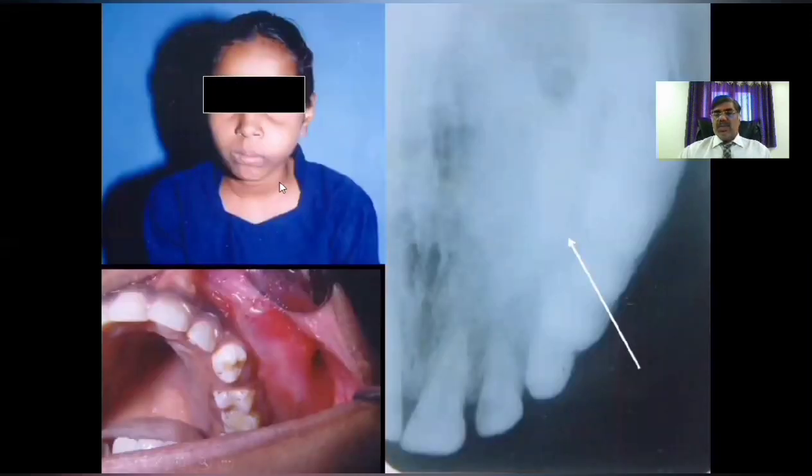Here is a young female in the second decade of life with an asymptomatic swelling over the left maxilla. Here you can see a huge buccal expansion with mild fullness of the palatal expansion, and the occlusal radiograph of the maxilla shows a dense homogeneous radiopacity, and the radiopaque lesion is merging with the normal bone. This is a typical description and appearance of fibrous dysplasia, called a ground glass appearance, which is very typical of fibrous dysplasia.